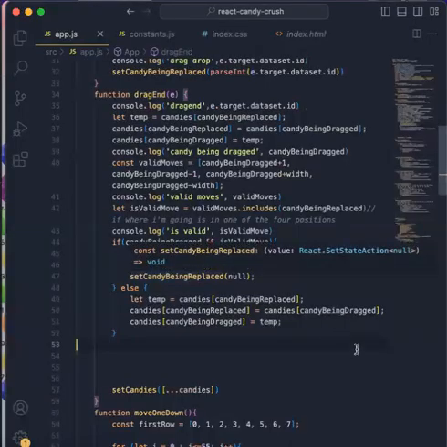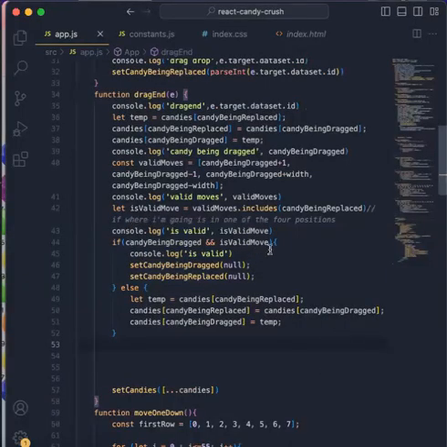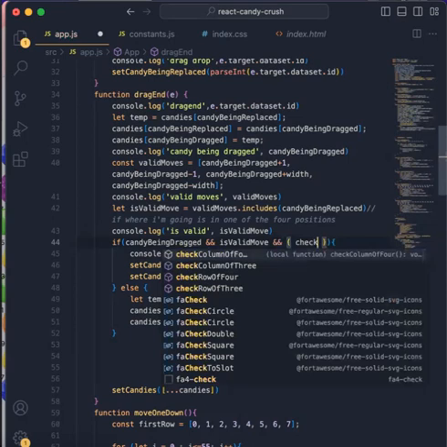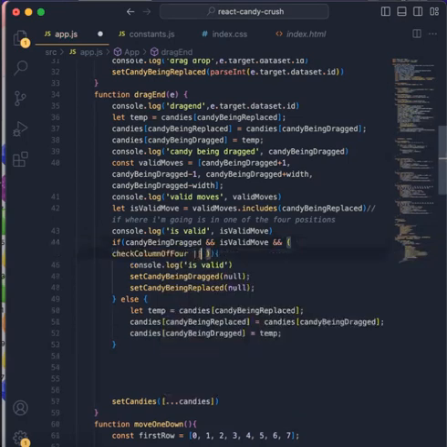All right, so now in my validation here, I need to also add, so you have to check that I'm dragging something, it's valid, and whether it's going to result in a row of 4, column of 4, 3, right? So it's going to be a massive or logic block where I already have functions I wrote, right? So I'm going to check column of 4 or